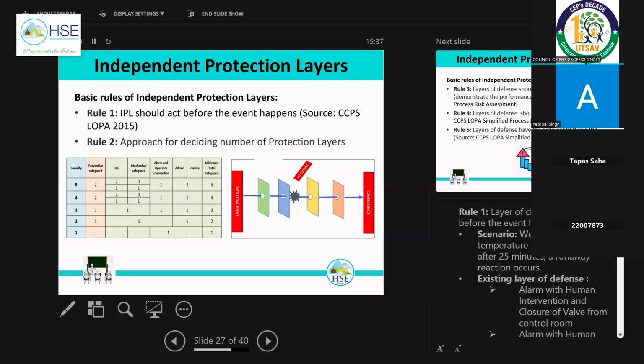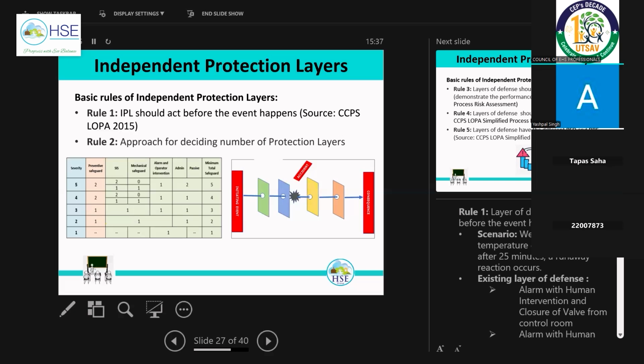Means when there is an alarm, the operator will go to the particular console or DCS system, take the action, close the valve, whatever he has to do, and normalize the process. The complete time is 10 minutes, right? In case of an alarm where the operator has to go into the field and close the valve, that's 30 minutes, so normalization takes 30 minutes. You have to refer to all these things before defining or identifying the protection layers. So that is the first rule: 2 minutes, 10 minutes, and 30 minutes.